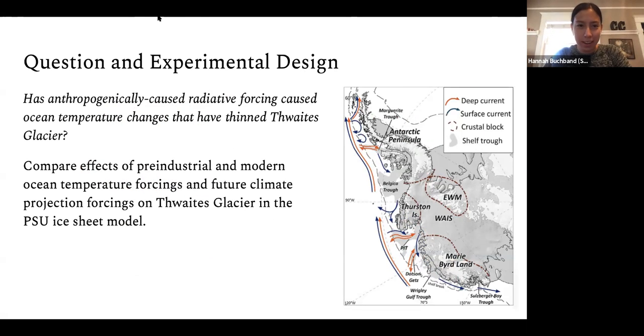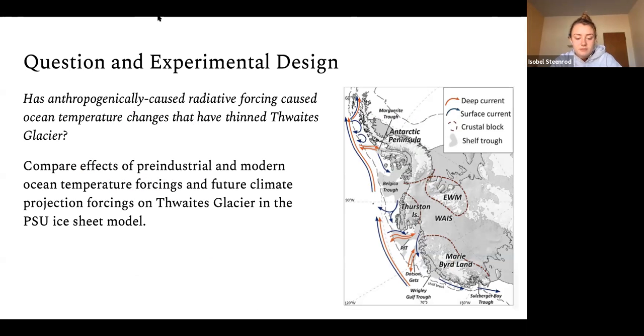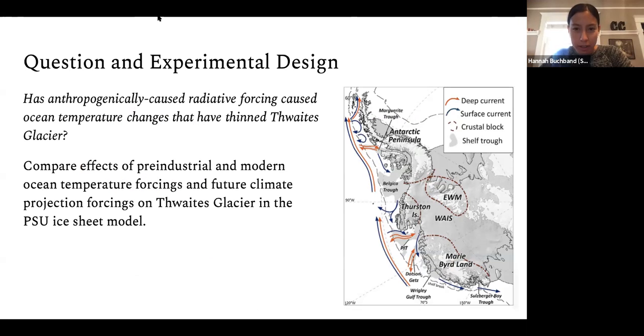Okay, last experiment. We're getting through it. The question that I asked in mine was, has anthropogenically caused radiative forcing caused ocean temperature changes that have thinned Thwaites Glacier? So the way that we went about this task of constraining anthropogenic effects on Thwaites retreat was by